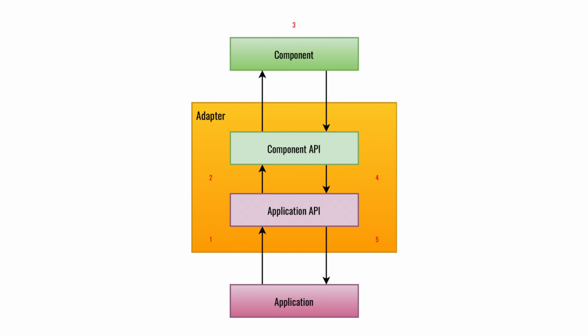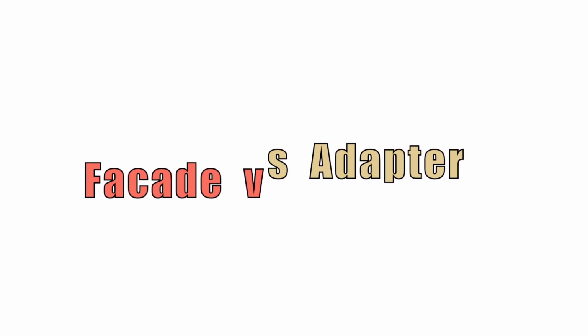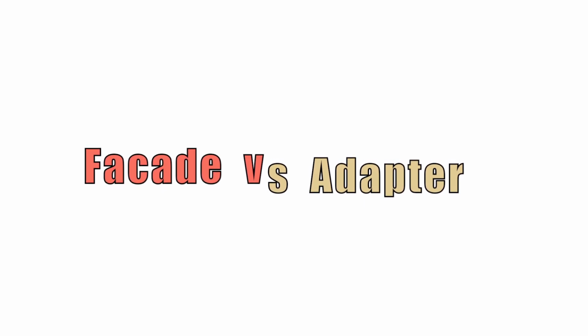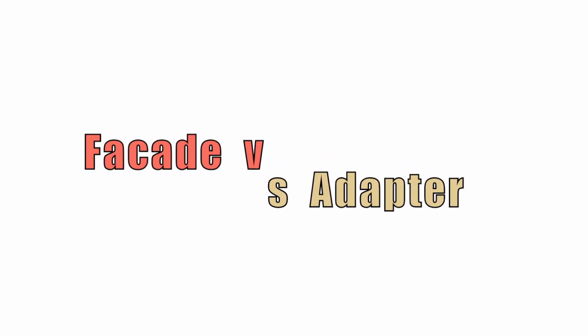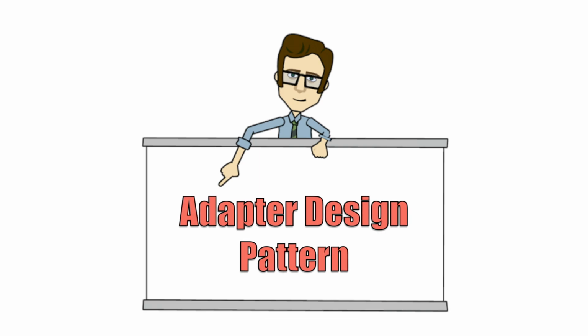With the help of the adapter design pattern, you can establish communication between two software components even when they have different programming interfaces. If you are following this tutorial series in sequence, you must have a question in your mind: almost the same kind of situation we solved with the help of the facade design pattern. So what is the difference between the condition where we use the facade design pattern and where we use the adapter design pattern? The answer is we should use the adapter design pattern where we need to establish communication between two software components when they provide almost the same kind of functionality but follow a different structure, different protocol